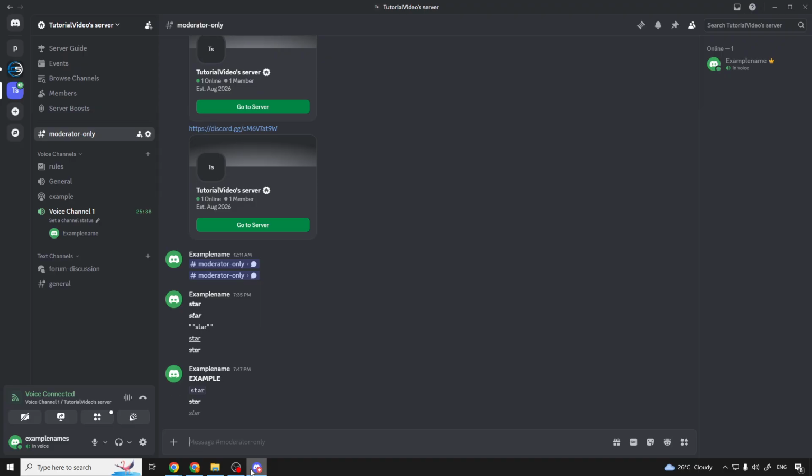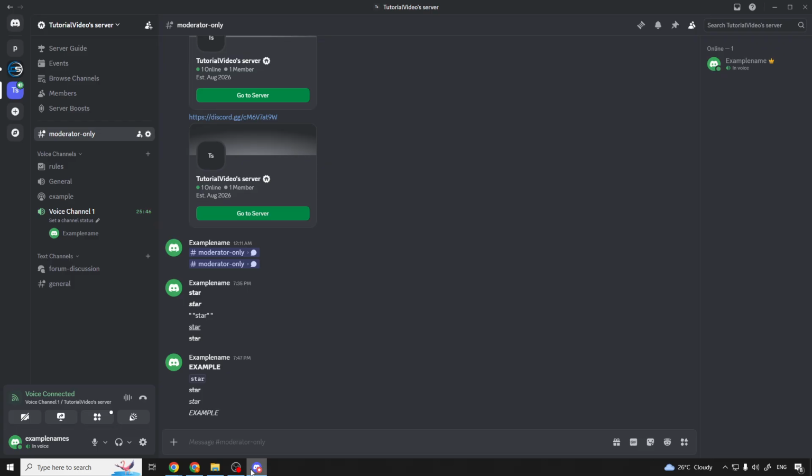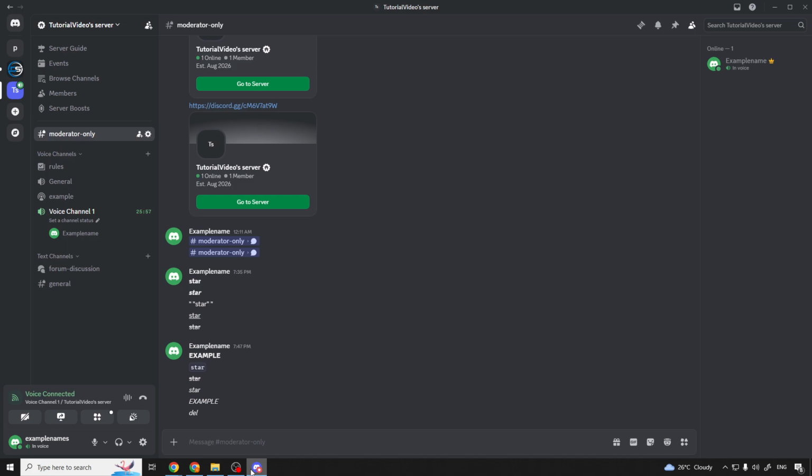A few quick tips can help avoid formatting problems. Check for extra spaces and make sure every opening symbol has a matching closing symbol. If you're using a phone, you may need to switch to the symbols keyboard to find the asterisk, underscore, and tilde. That's it. You can now use bold, italics, underline, strikethrough, and combinations to make your Discord messages clearer and